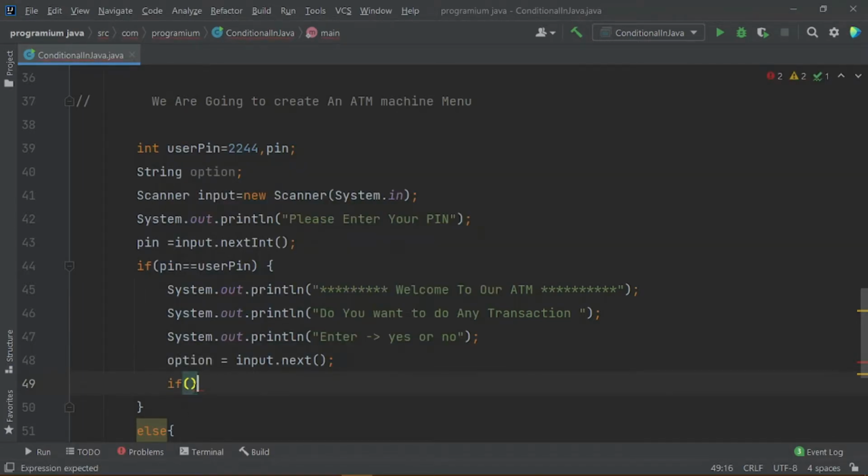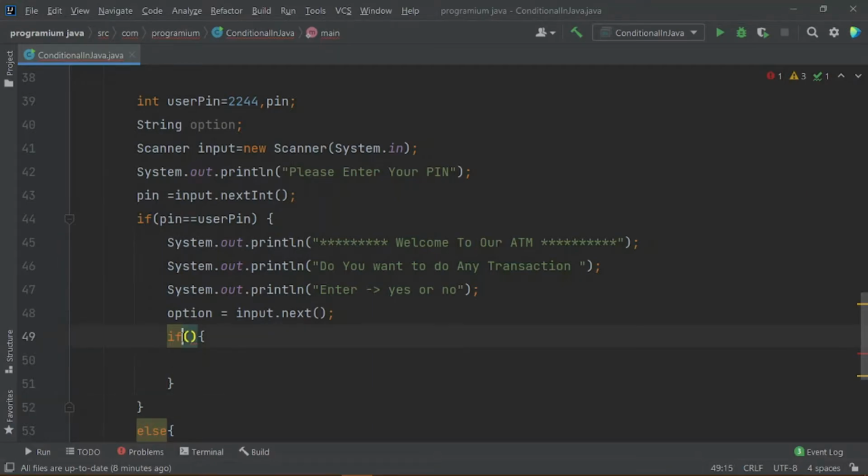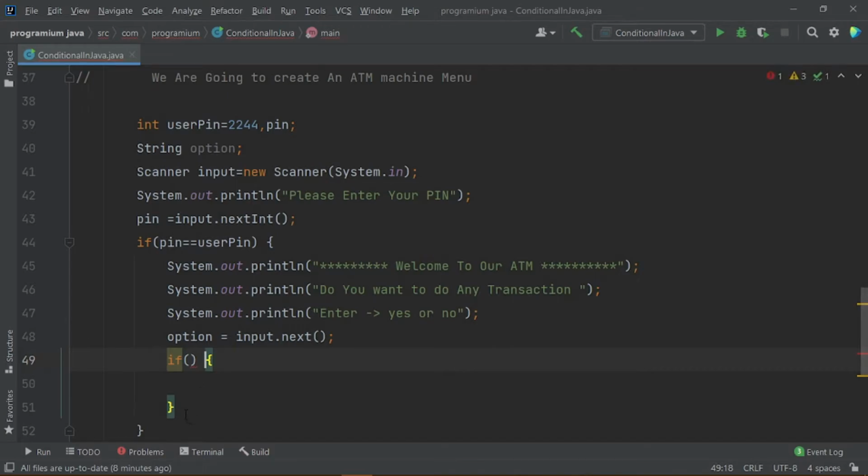I'm telling you the syntax of this if condition. First we have to write if here, and after that you use these brackets, and after that you put curly braces either on the next line or like this. But I use this kind of syntax here because I like it.